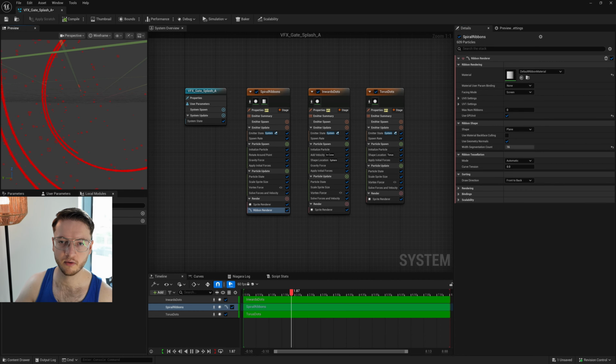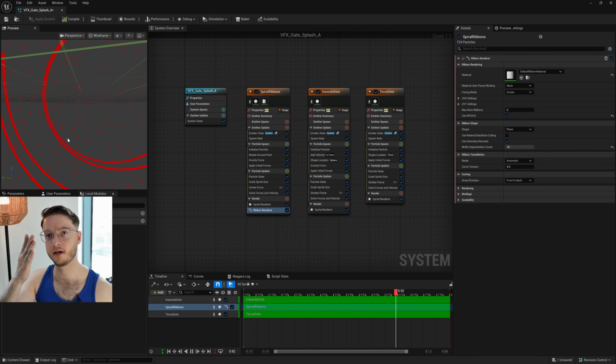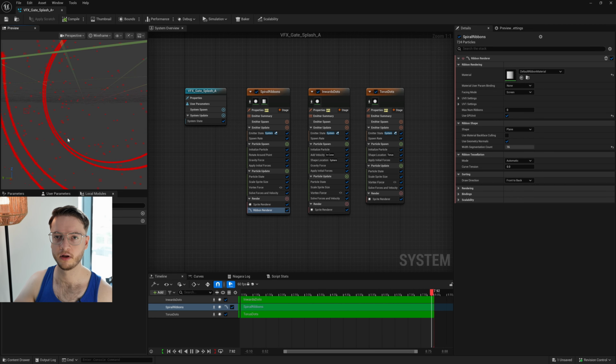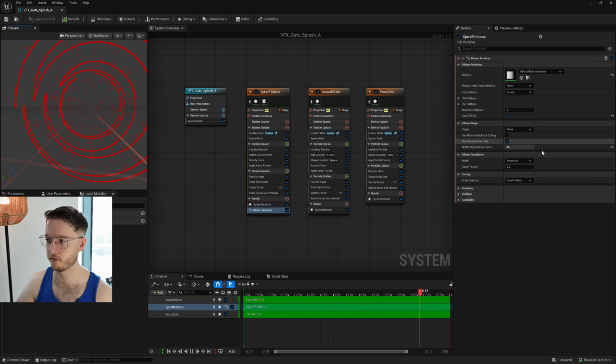You can see how it adds loops along. It doesn't add them with the length of the ribbon. It adds them on the width, and that doesn't actually change my visual at all,